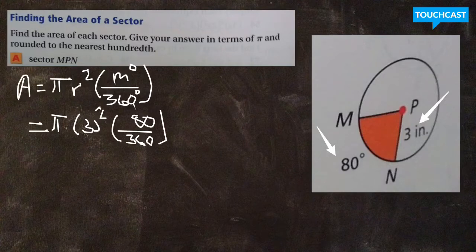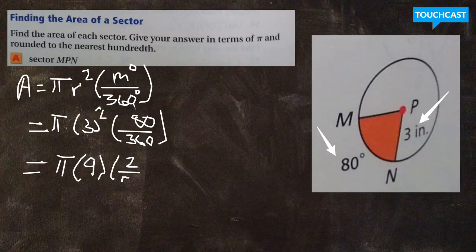So now we can simplify this. We can simplify 80 over 360. And we can simplify 3 to the second power. 3 to the second power is just 3 times 3, which is 9. So we've got pi times 9. And 80 over 360 simplifies to 2 over 9. So now we can multiply 9, which is really 9 over 1, by 2 over 9. And we know that this 9 and this 9 can cancel each other out. So we have our area in terms of pi, which is just 2 times pi